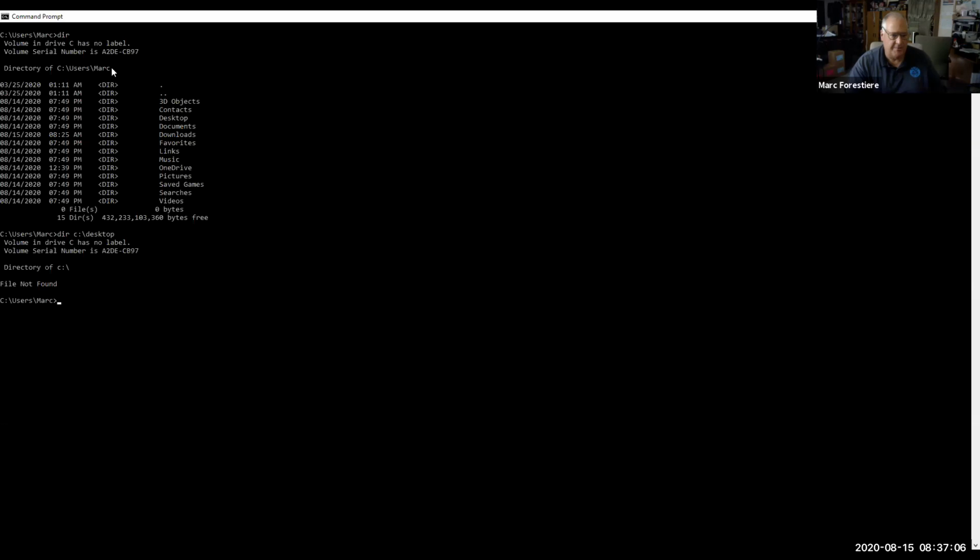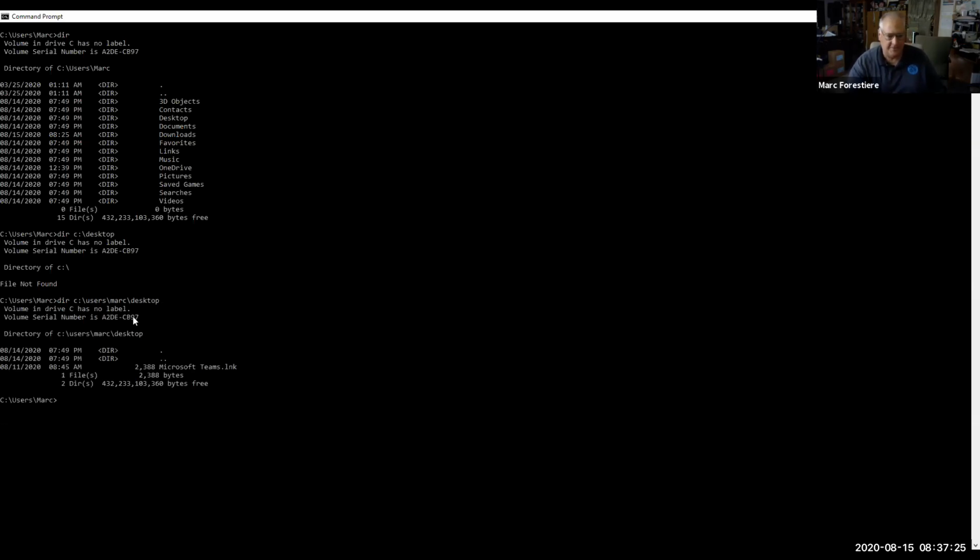Desktop is under the mark folder, which is under the users folder, which is off the root directory of drive C. So if I really want to do that, I have to say dir space C:\users\mark\desktop. And now I get that answer. So here, look, it's got the full path, what we call the full path. So I was able to do a command that says directory of